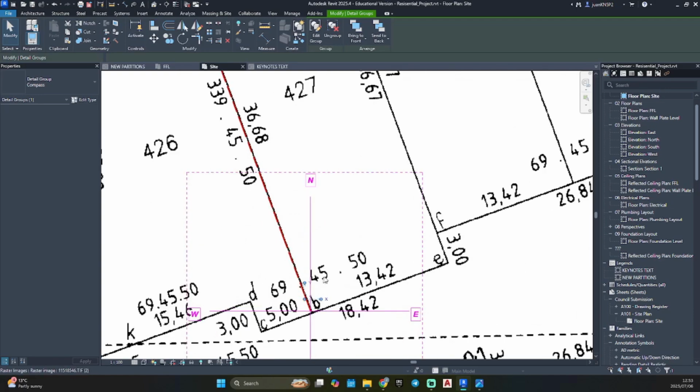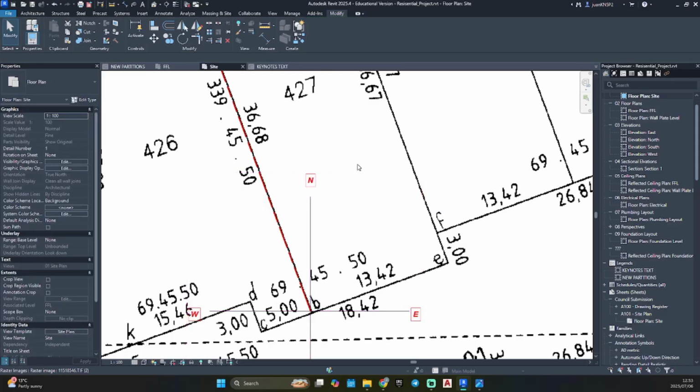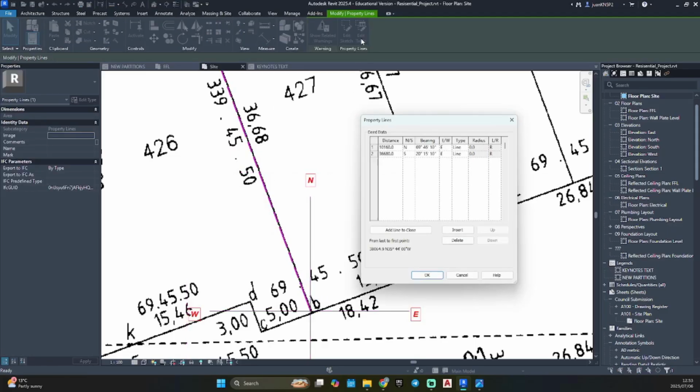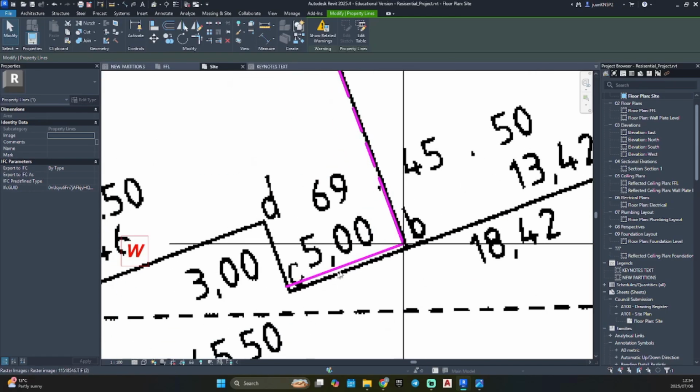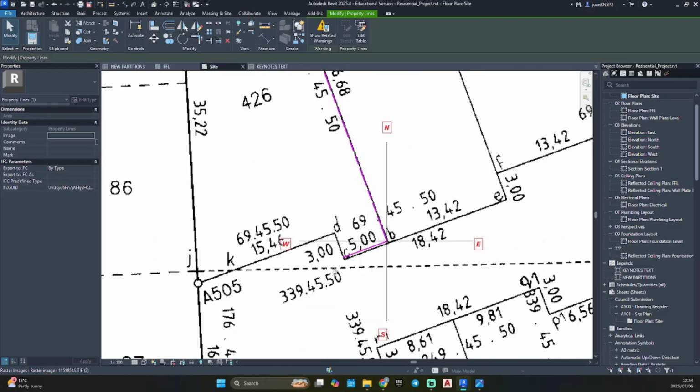With this line being under 90 degrees, we can select our property lines, edit table, go back to insert, distance is 5 meters, south west, 69, 45, 50. As you can see, it pops it into the correct position.